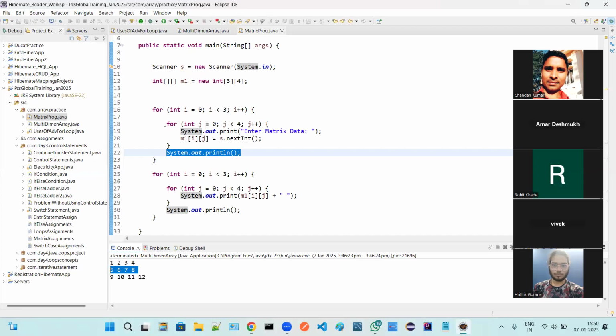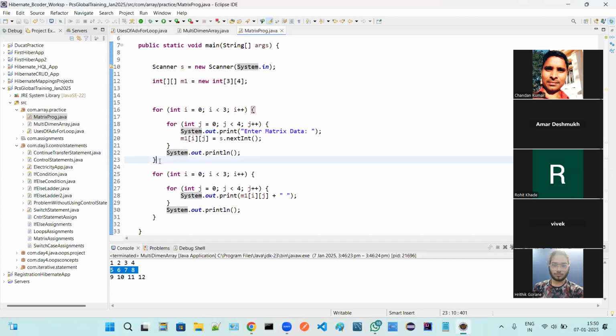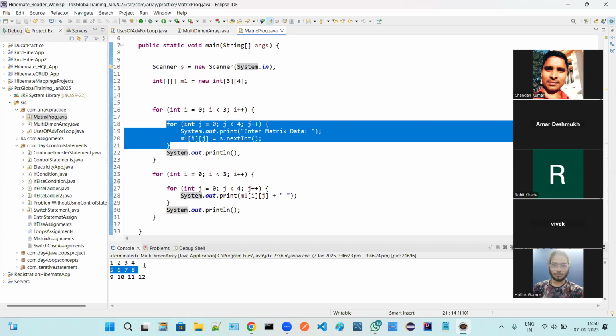It will go inside, and from 0 to 3 it will again store 5, 6, 7, 8. Then it will come to the next line. Now it will go up and increment i, and for this i it will again run from 0 to 3.